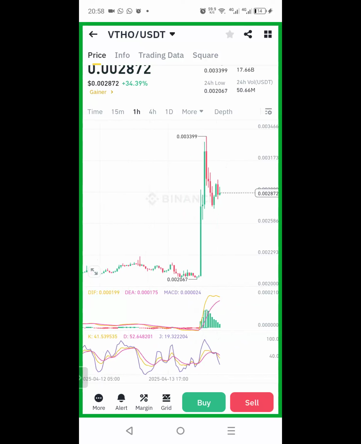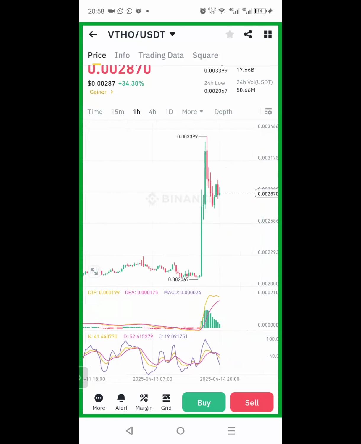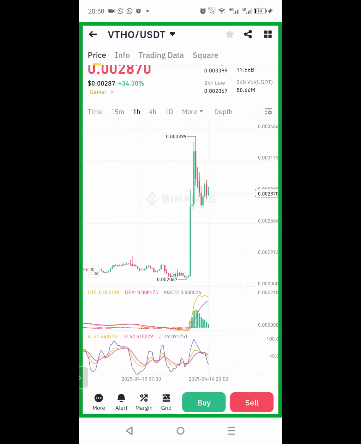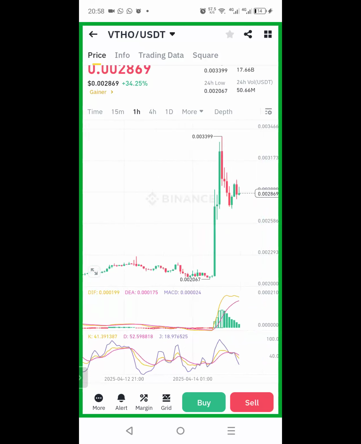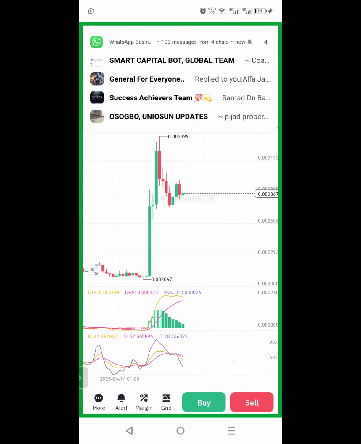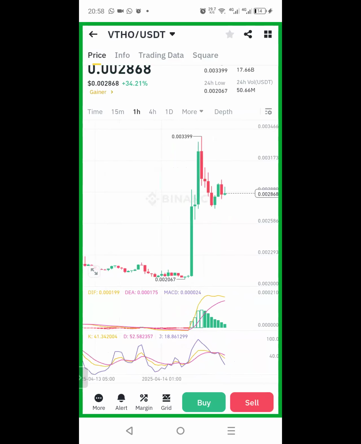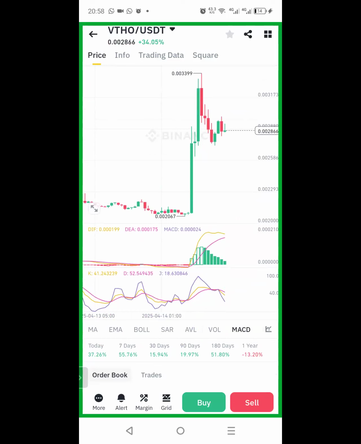Okay. So now, this coin. If we see this coin now, this is on the 1 hour time frame. According to this illustration, this coin will still fall down. It is still coming down. And also, if we look at the indicators here, there are some indicators here as well.